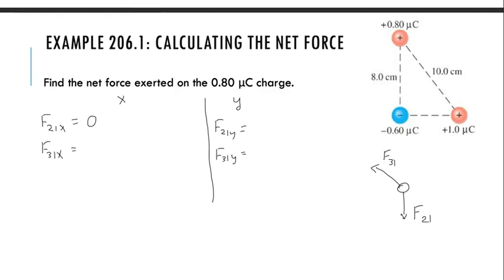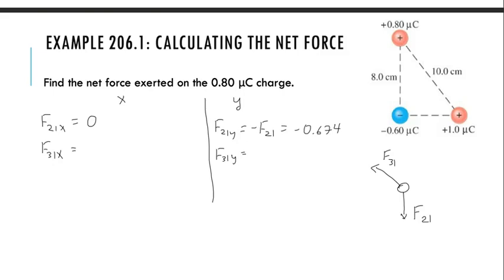So it's going to be negative F21. And we found F21, which was 0.674. So negative 0.674 newtons is F21y. And I don't bother writing the units just because it takes up a lot of room. Not that much, but I like to try to keep it as neat as possible. Alright, so